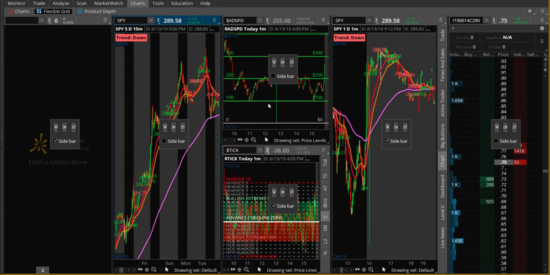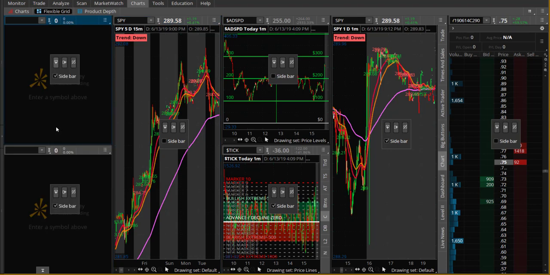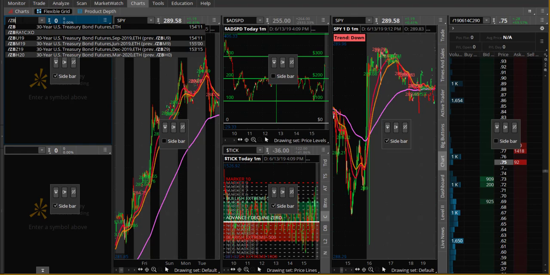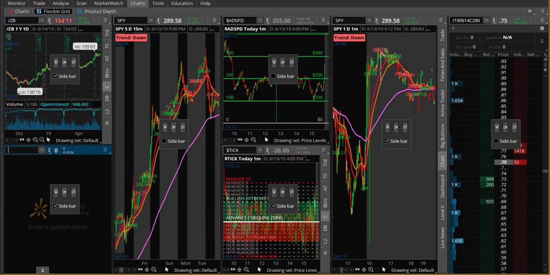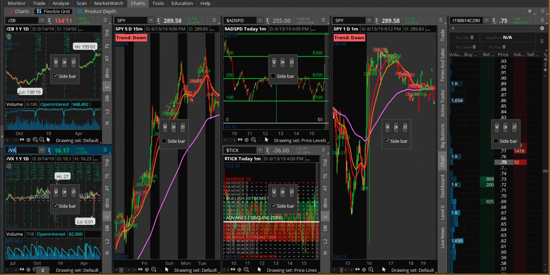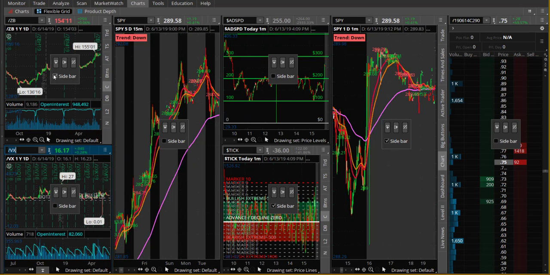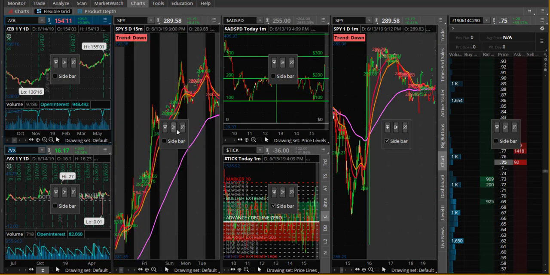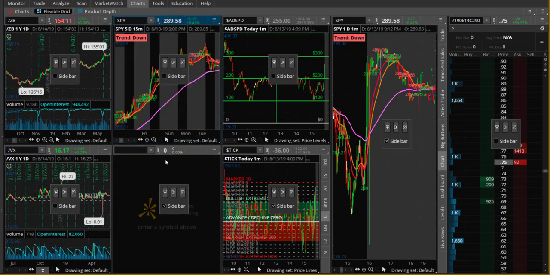We got some market breadth indicators. We can trade options from right here in the chart. We could use this last bar to keep track of the bonds and volatility. All right. So we don't need a sidebar here. We don't need a sidebar there. We could put a sidebar here